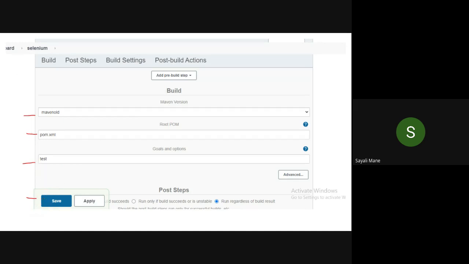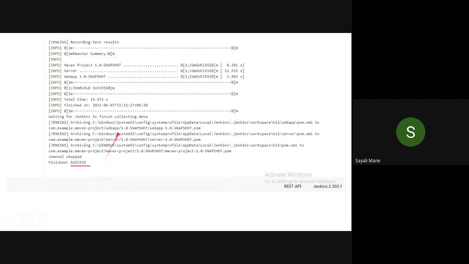See, Anurag got the answer. Finish success. See, are you getting this screen? This one? Finish success and test run. You simply scroll up and check whether you are getting this test run 2, failures 0, like that.